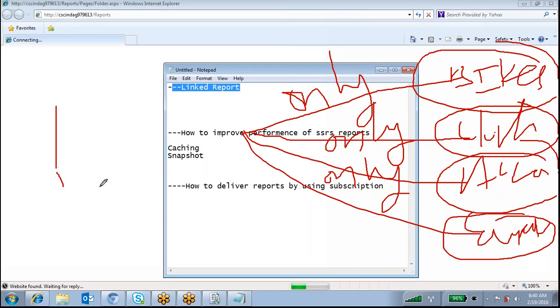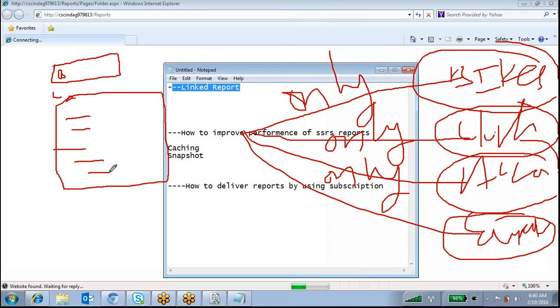But you have only one report, so in that report we have given one drop down list. So based on their interest, they want to select bikes or clothing or accessories. Then it will display the report.